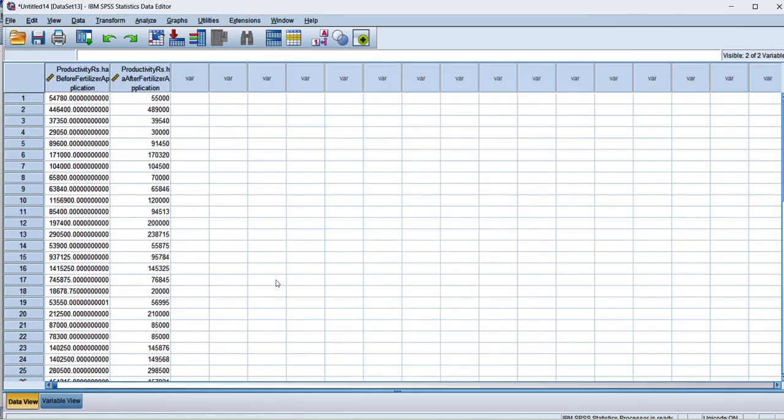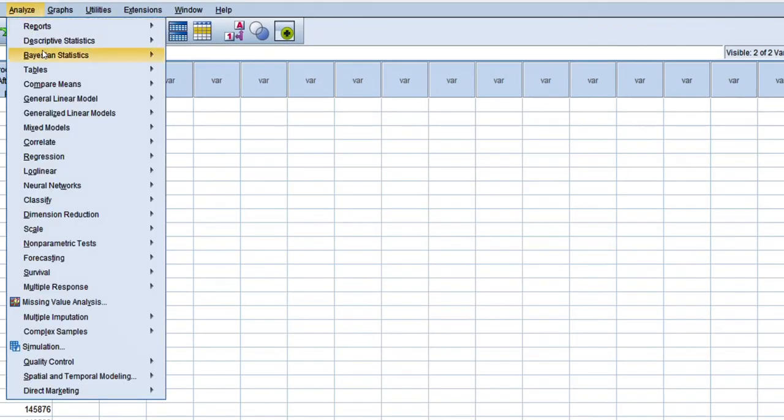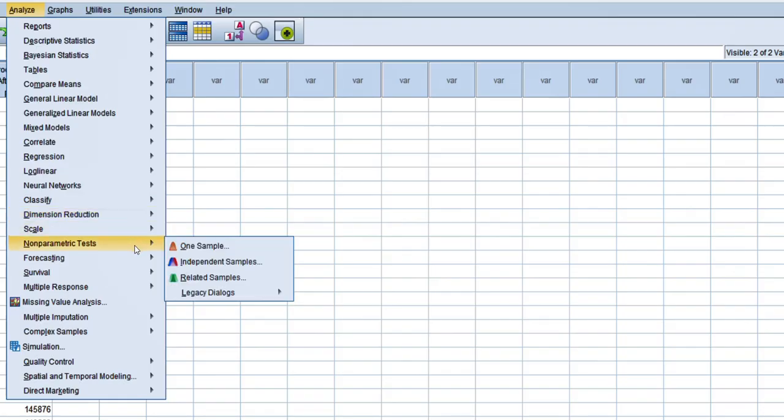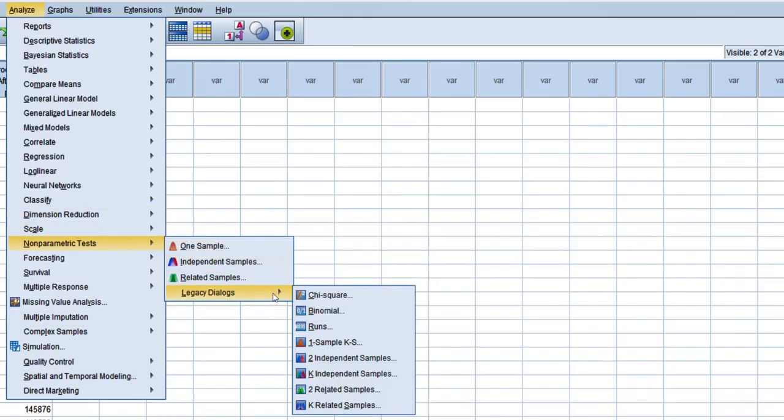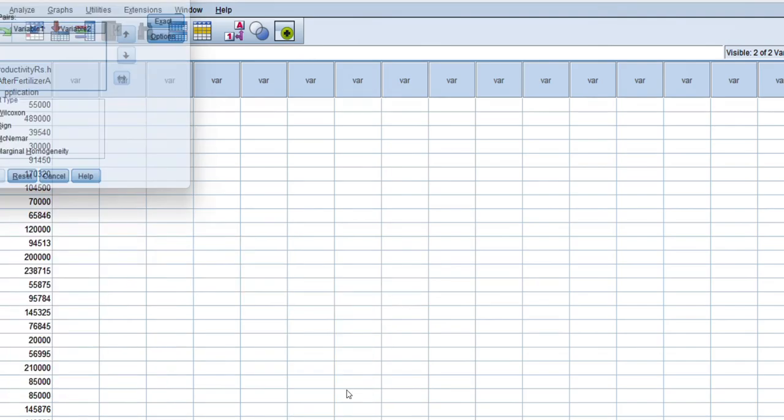In this example, I want to check whether productivity in rupees per hectare has a significant difference before and after fertilizer use. We will again go to Analyze, select Non-parametric Tests, Legacy Dialogs and click on Related Samples.